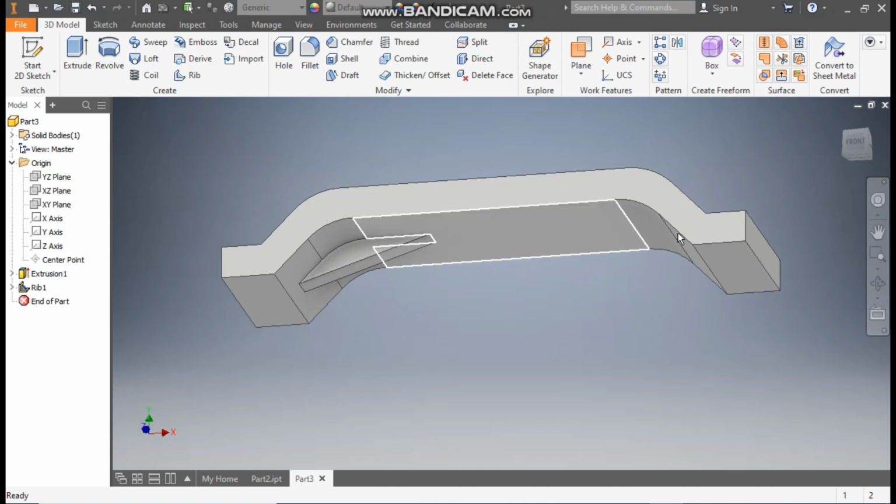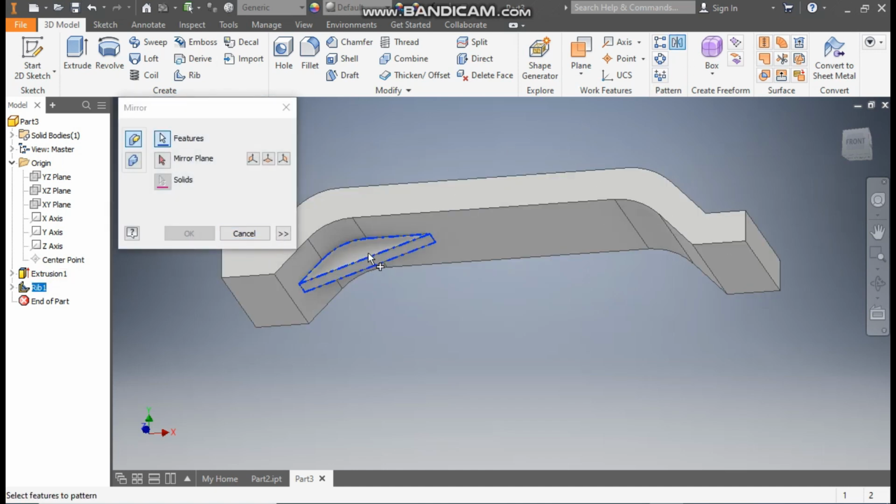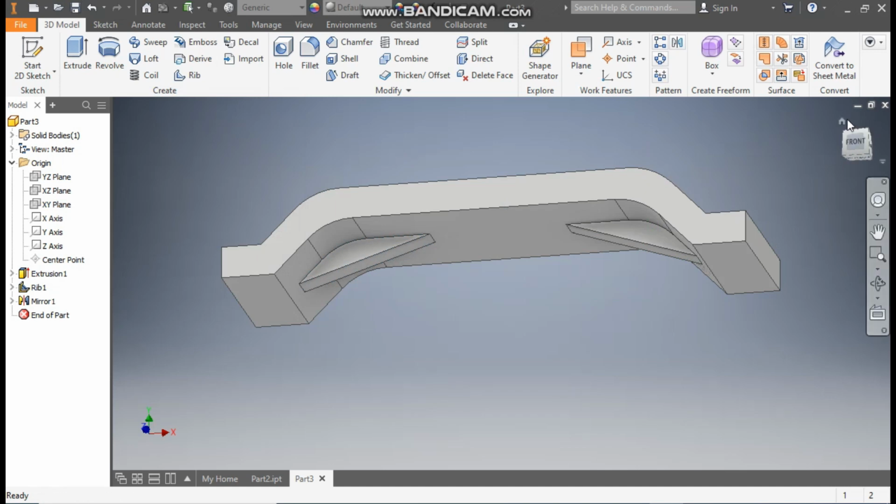Now I want same profile this side as well. So go to mirror, we'll select here the profile, go to mirror plane, we'll select here the YZ plane and press OK. Go to home,